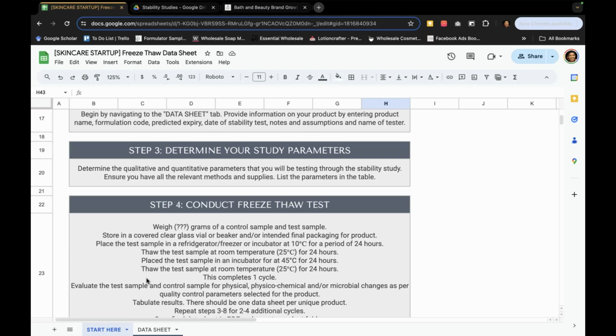So you may decide to weigh 10 grams, and that's why I've left the question marks, because it depends on your lab. You may do 10 grams, you may do 100 grams. So you can put that detail in. Weigh X number of grams, and you're going to have a control and you're going to have a test sample. Your test sample is what goes through the freeze-thaw process. Your control sample does not, and the control sample will demonstrate the specific requirements or criteria for your parameters,